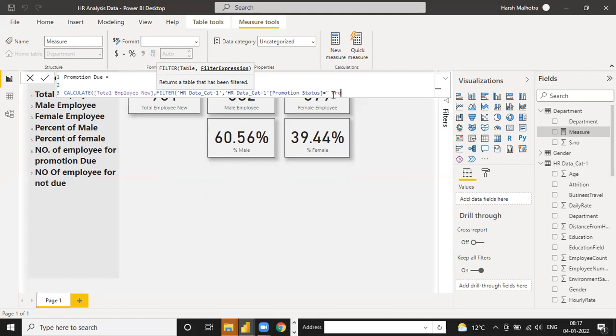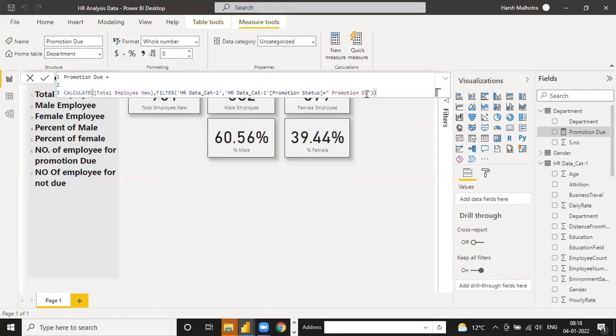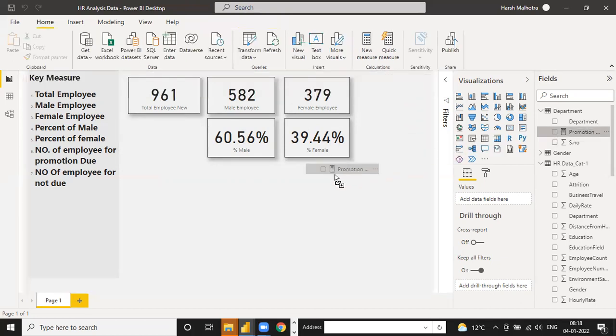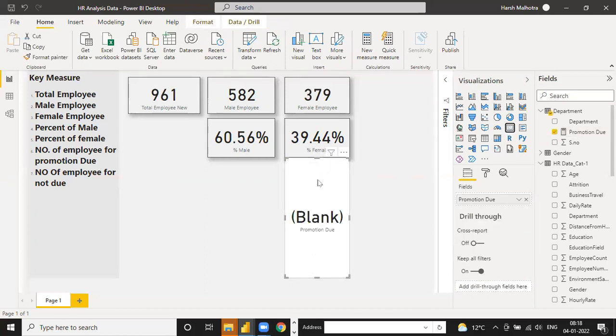And one more thing, promotion due. Suppose I write this value with a mistake, like DUE with the E missing. But if I go to this promotion due, you can select this value. So you can see the answer is blank.